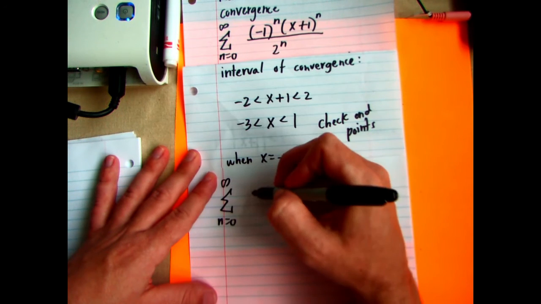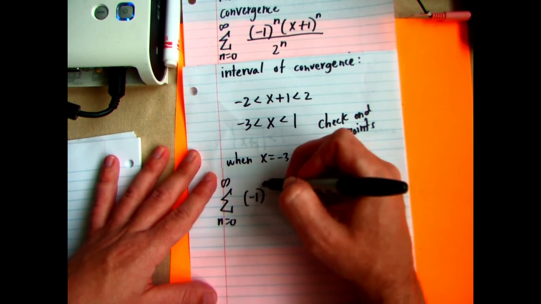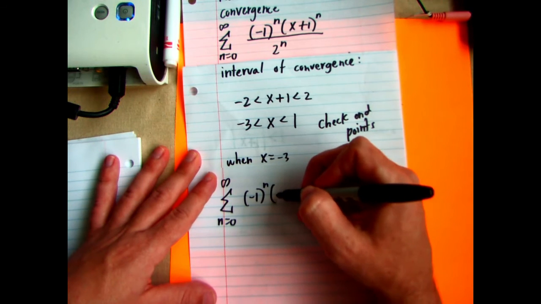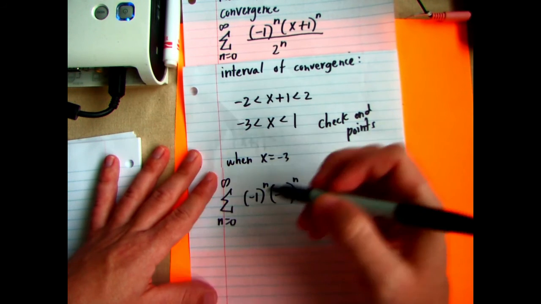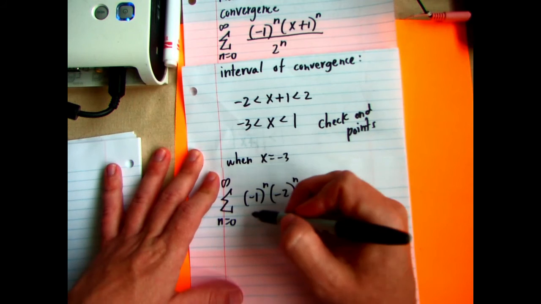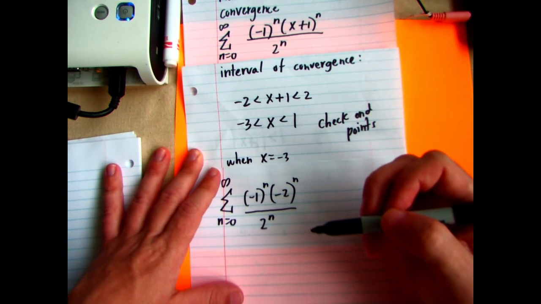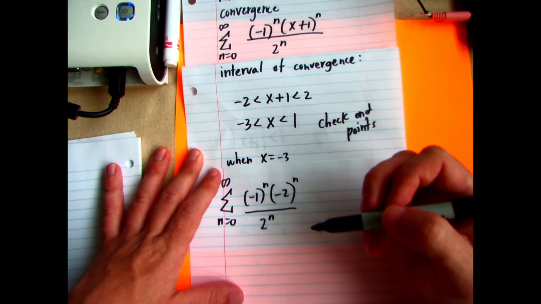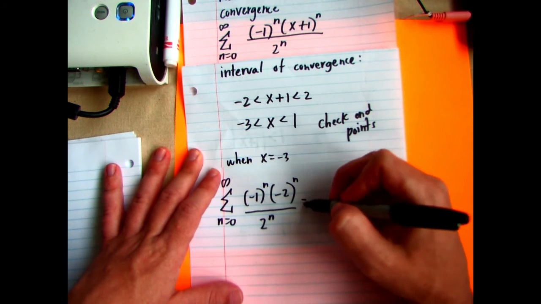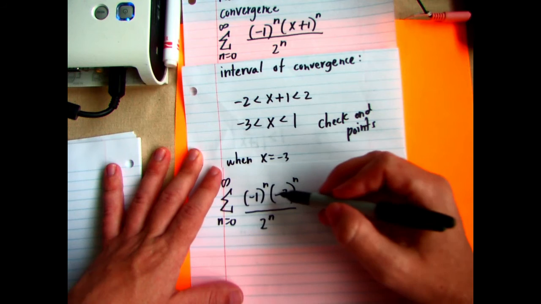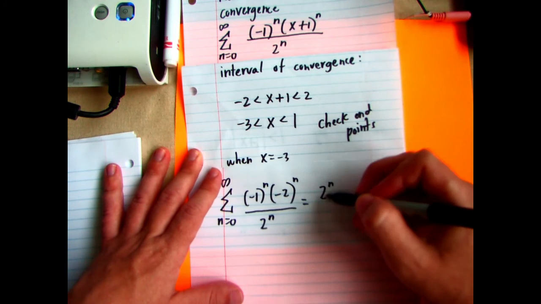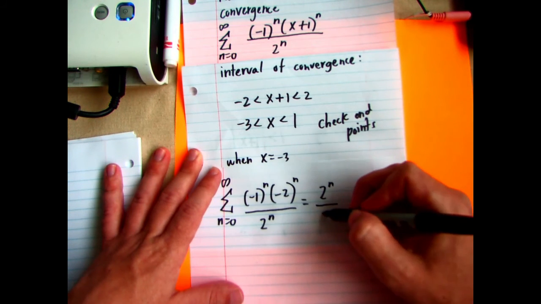So we're almost done here. Last thing you have to do after you have your interval is check the endpoints. So I need to check negative 3, and I need to check 1. I'm going to plug in x is negative 3 back into my original problem. When I plug in negative 3 into the original problem,